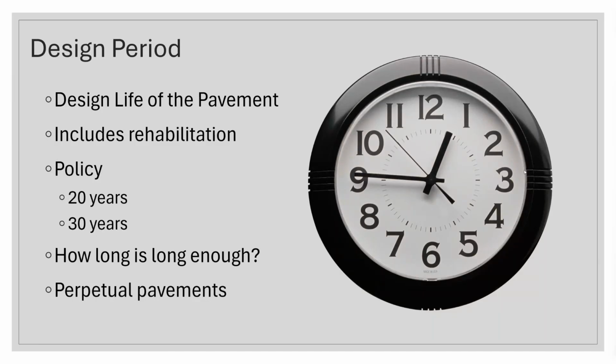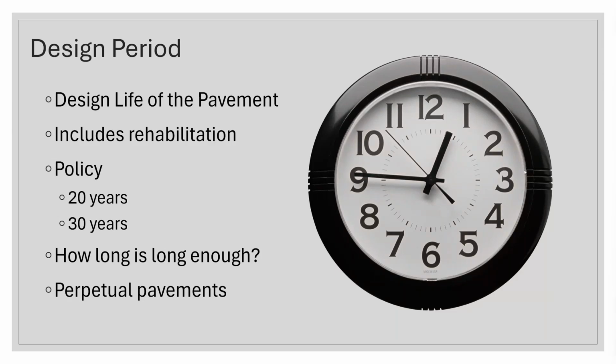So it will include, let's say we design for 30 years. We do know that asphalt is probably not going to last 30 years, and I'll have to do some resurfacing. But what I'm trying to avoid is doing a major rehabilitation or a total reconstruction for a period of 30 years. So yes, it includes some maintenance. No, I shouldn't have to do anything major for that time frame.